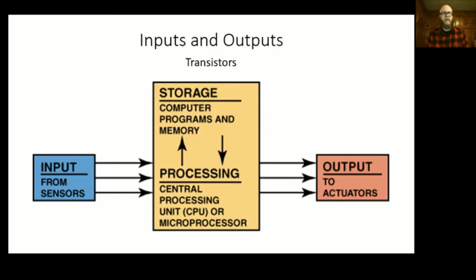So inside of our computers or our modules, we're going to get inputs coming in from sensors like switches, position sensors, speed sensors, light, temperature, all that good stuff. The computer, based off of its internal structure, the way that it's physically made as far as the circuits go, its programming, and its memory, will decide on what output makes sense for the environment that it's found